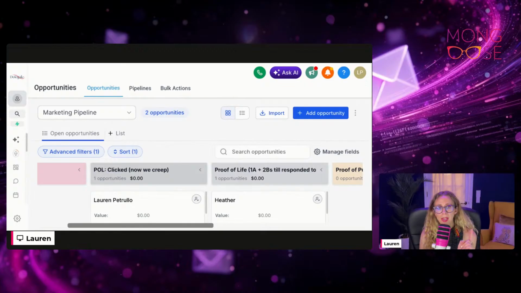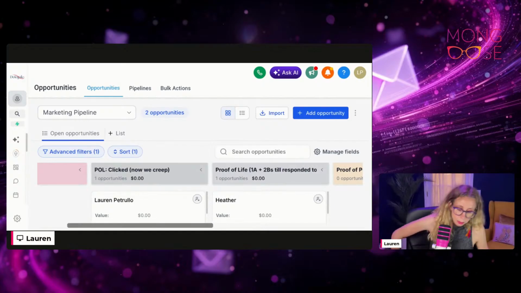The reason why we have now separated proof of life from Tuesdays is because proof of life as a click can be a bot. But what I really want is a reply, or I want to see activity, which could be, hey, they were on our website for more than 5 minutes. Hey, they're engaging with our social medias outside of email. I can see them in different channels, right? How can we have proof of life?